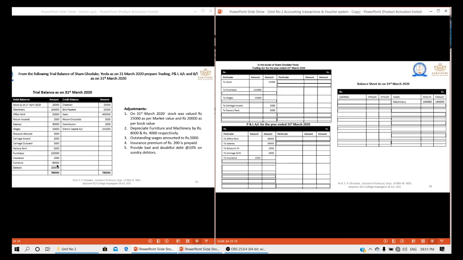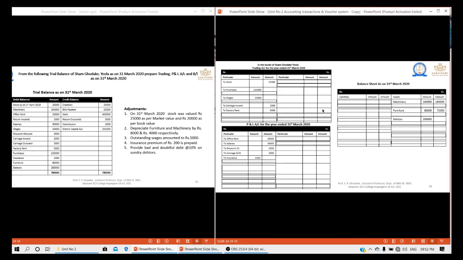Then we have furniture, it is an asset, so at the asset side of the balance sheet. Then we have the debtors, that is 2 lakh, it is an asset, so here adjustment will be there on furniture, so we keep one line blank and we have written it in the inner column. And how this outer figure comes, I will let you know, because the adjustment is there. Then the debtors were written over here in the inner column because the adjustment is there. Now we have done with the debit balances except the return inwards. Then we'll see the credit balance.